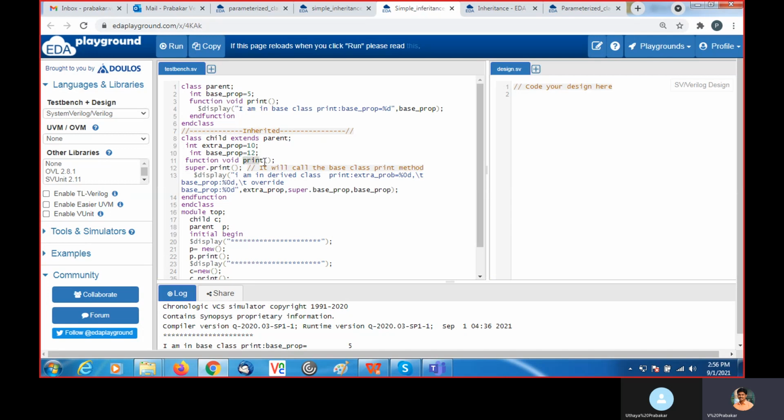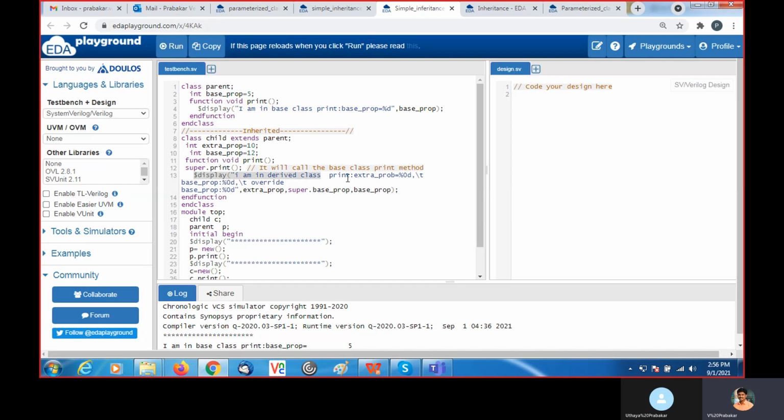If I write function void print, it will override the base class method. If I want to call the base one, I can do it with super.print. Super is a keyword used to access the base class property or method. So super.print will call the base class print, and it will display "I am in base class print" and print the value of 5.